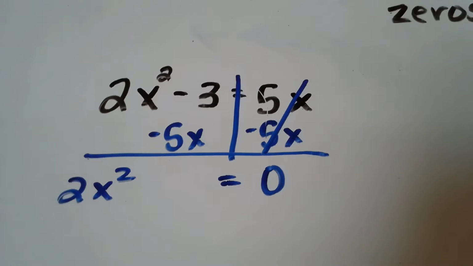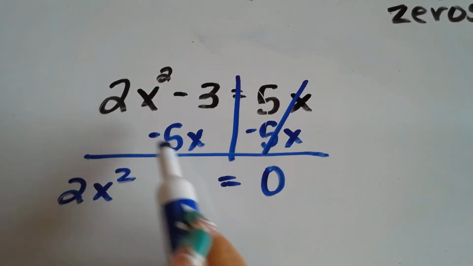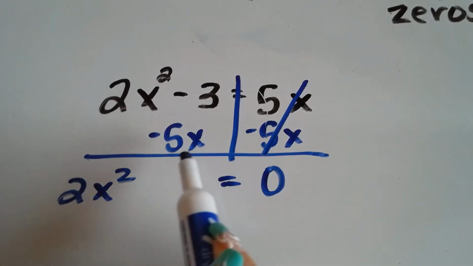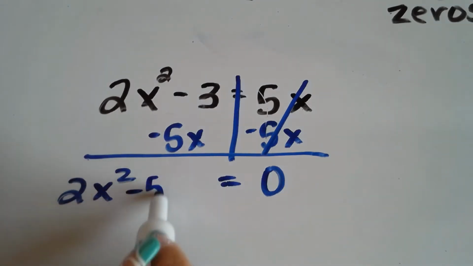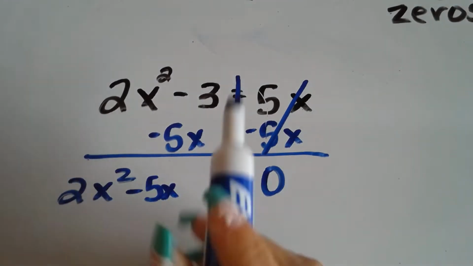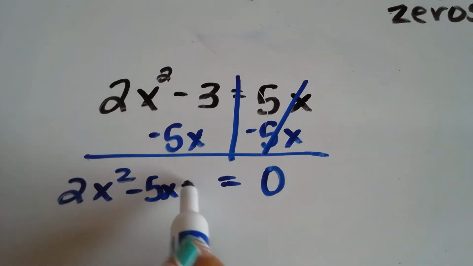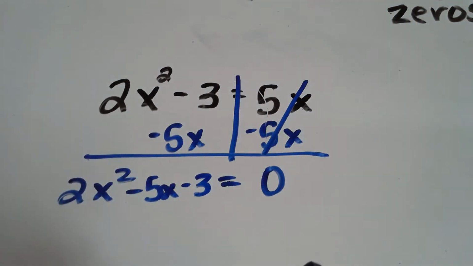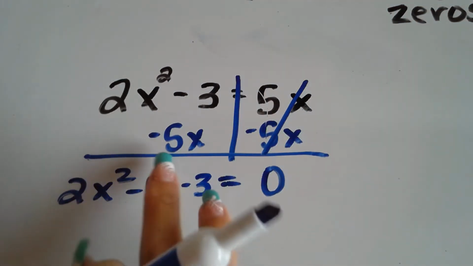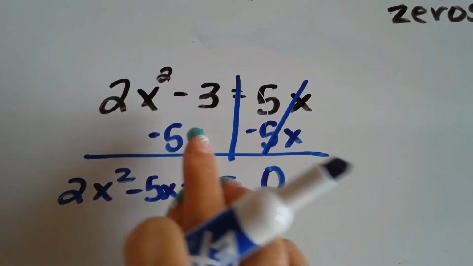Now let's find one that would suffice for our b. This one, minus 5, has an x. Does any of them just have a plain x? Nope, so we're going to say minus 5x, okay? And then we are going to have our minus 3, so negative 3. Because we're now combining our like terms, and we're not combining this 5 with anything because this one just has